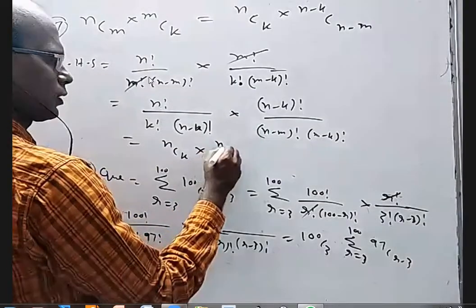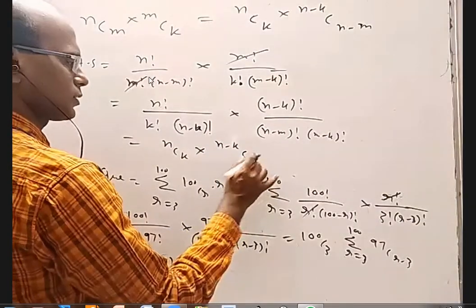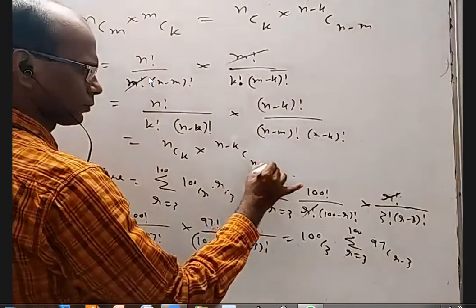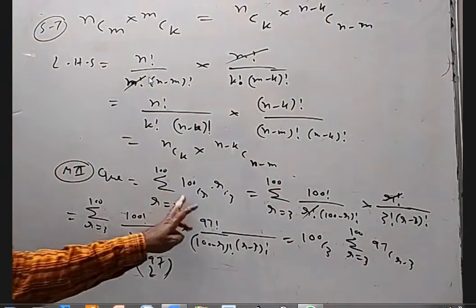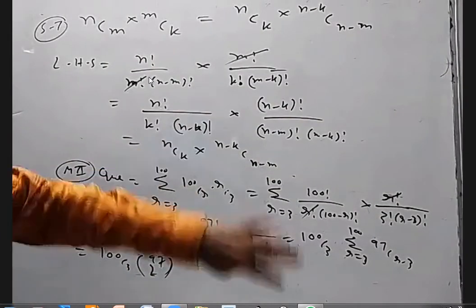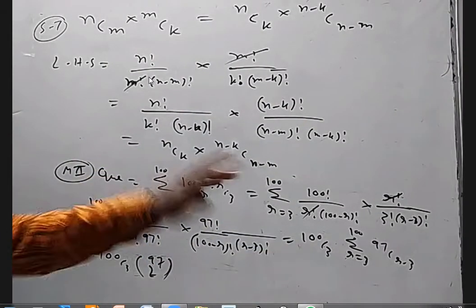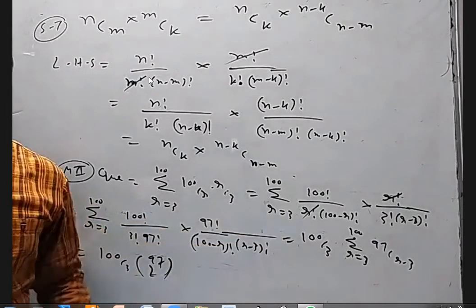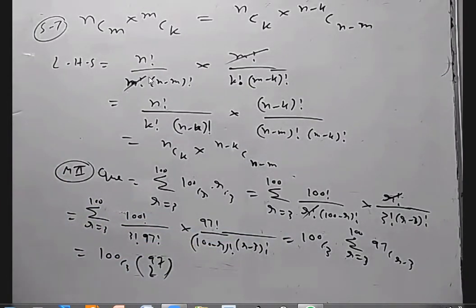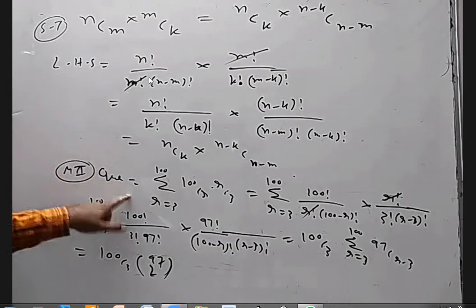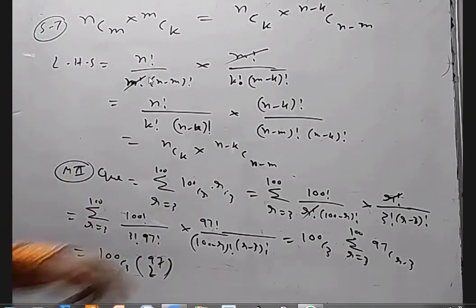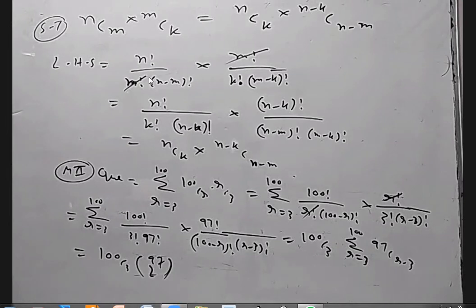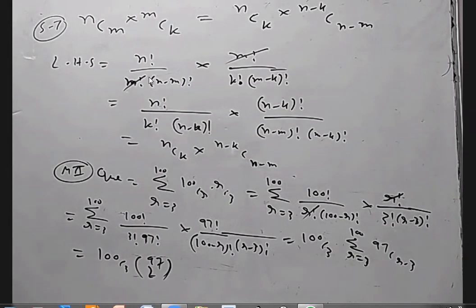This is n minus k C n minus m. Okay, so it is possible that a product of two NCR can be written as a product of another two NCR. That may help us to take something common out of the sigma. That's what we're done. Even though this is not exactly related to this question, I wanted to tell you right in the beginning that we are going to use this later on in a situation like this. Same thing you can do for ratio.